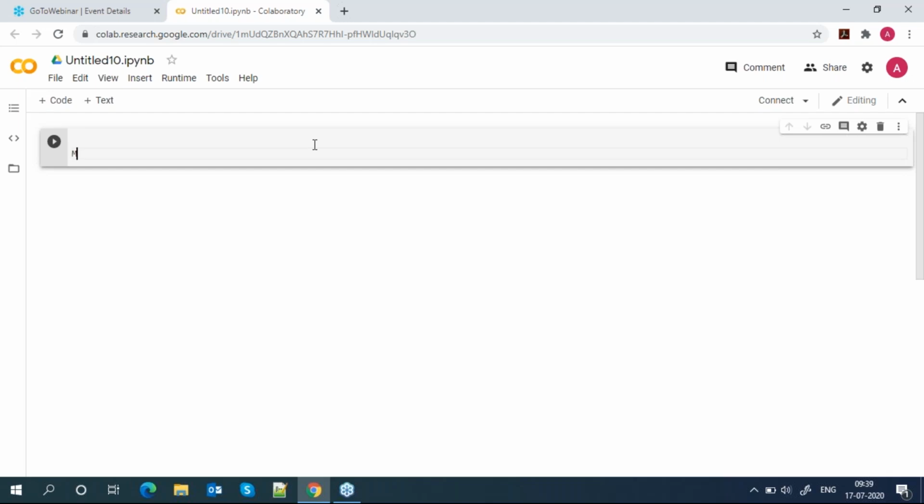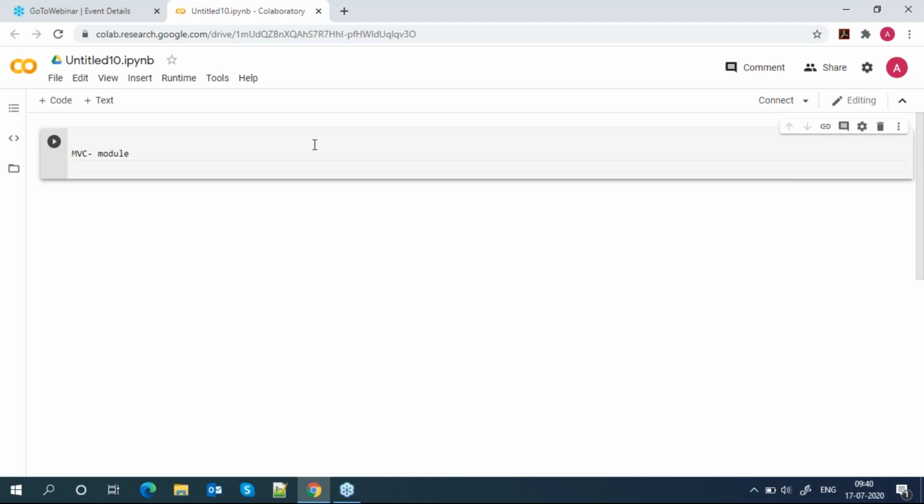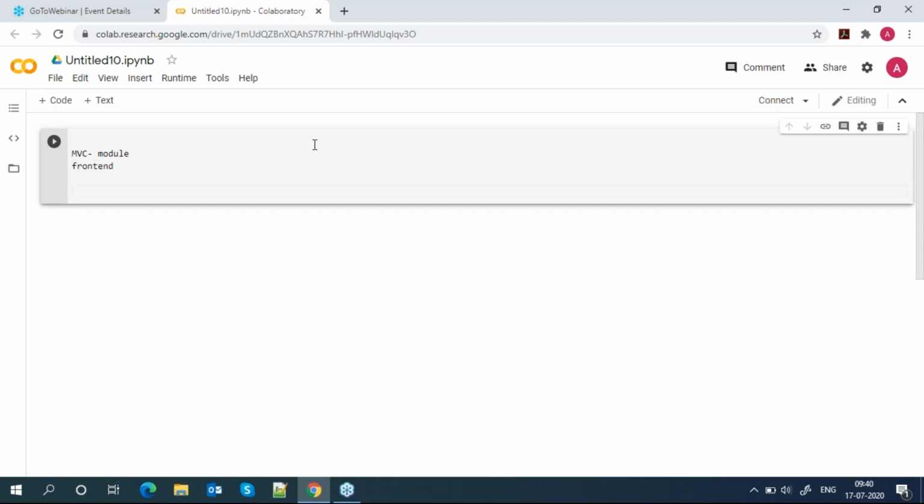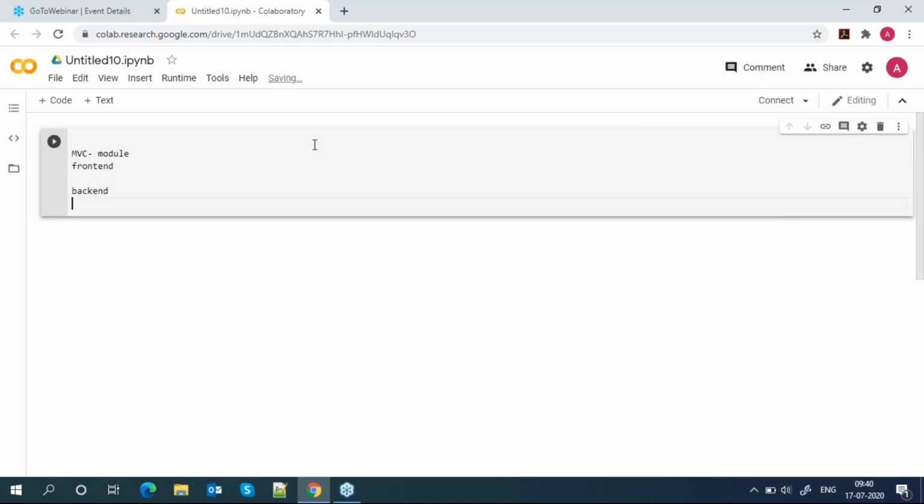Have you heard about MVC? Nobody? It is a kind of framework, with model, view, and controller. This is the basic concept of a web development project, where we have a front end, a back end, and a UI.